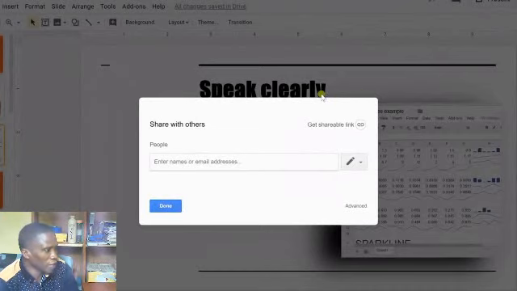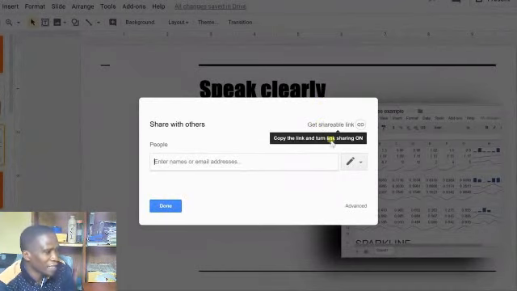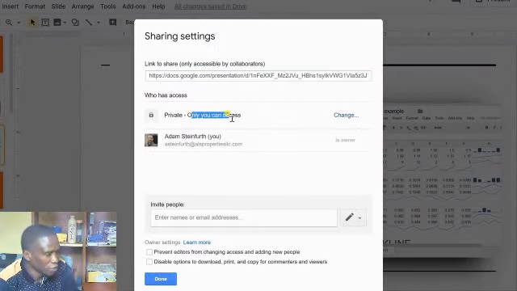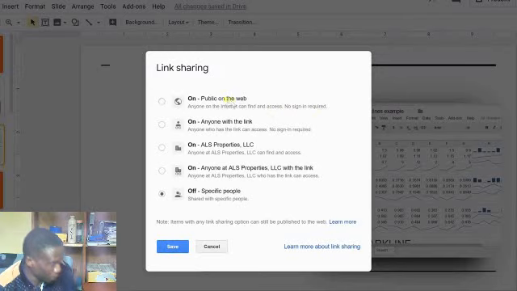Because it is online, we need the email. Also, we can use the link. You see that the link has appeared, but you can provide access to those who need to access the Google slide. So, by accessing a Google slide, there are different options and different permissions you can share with the